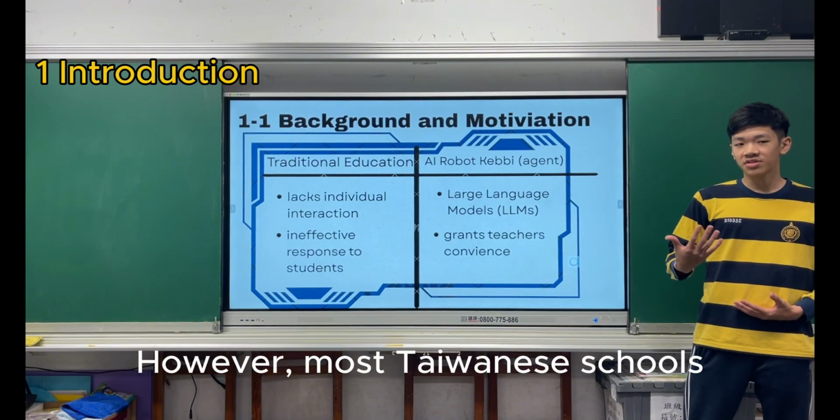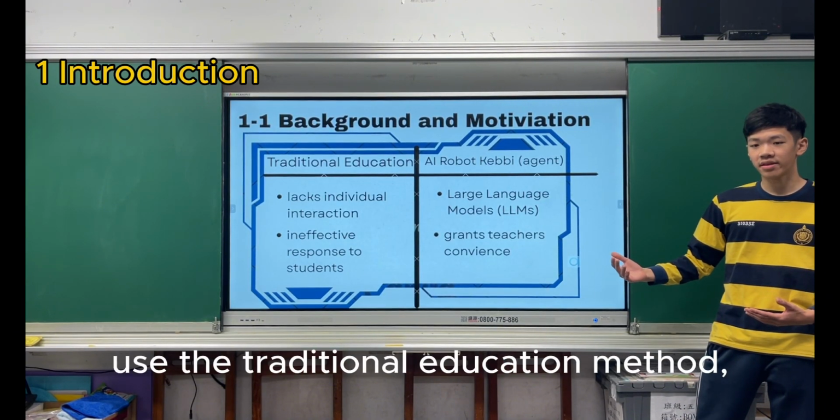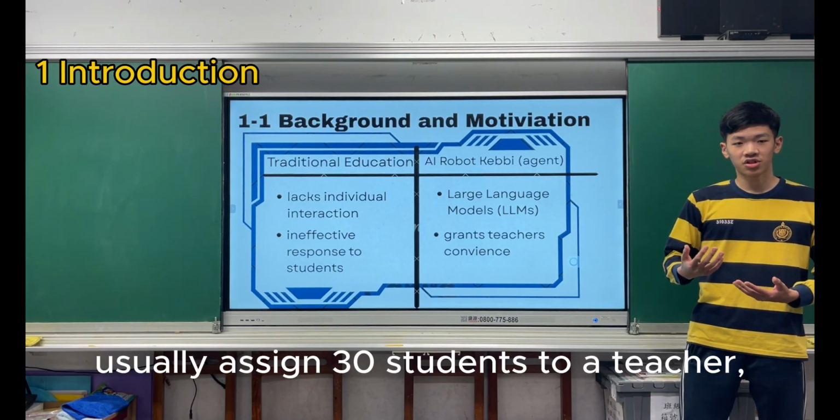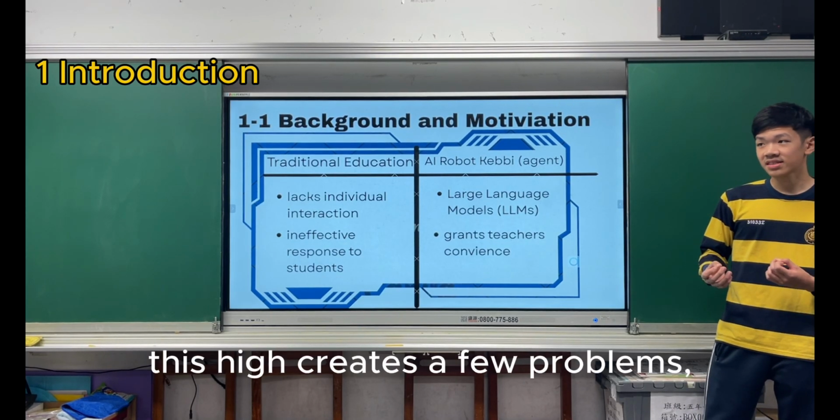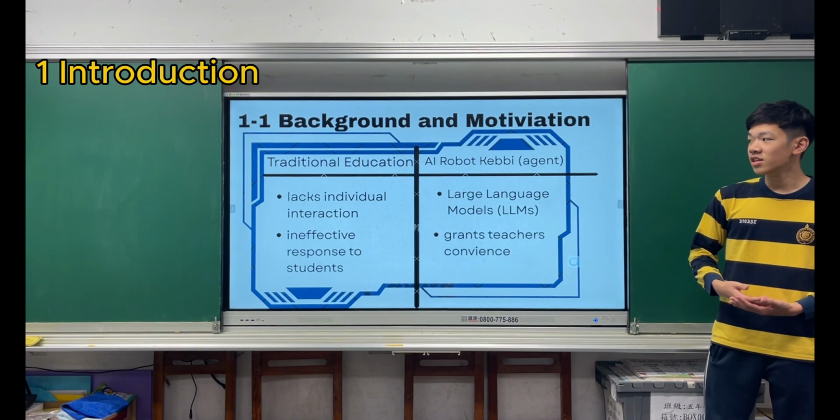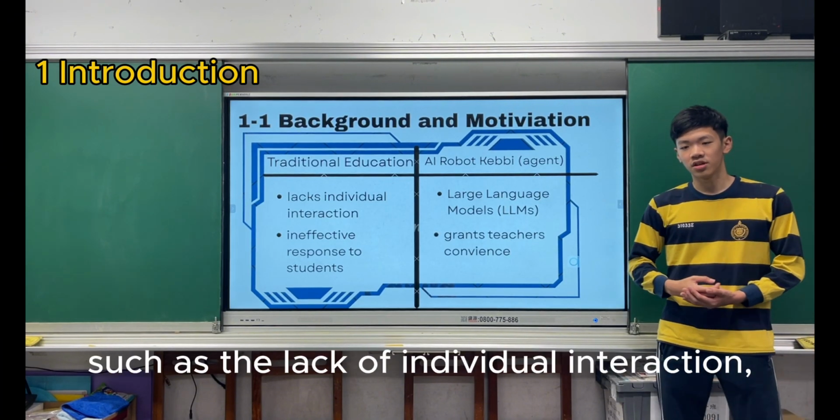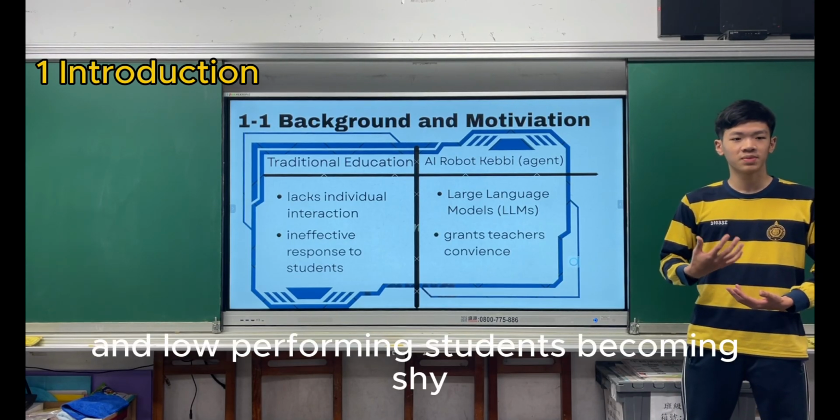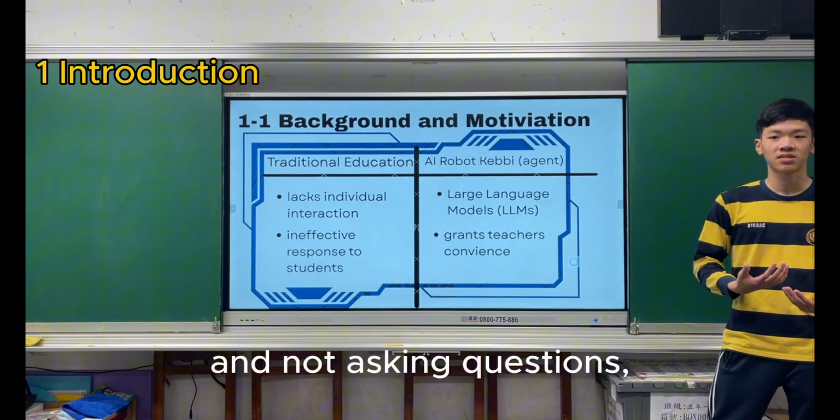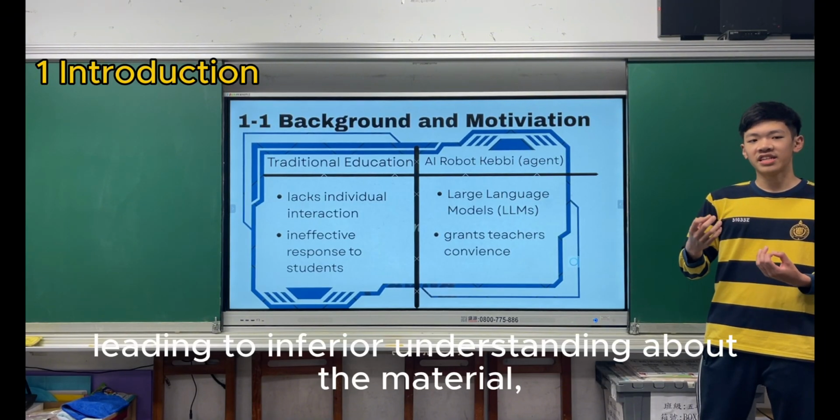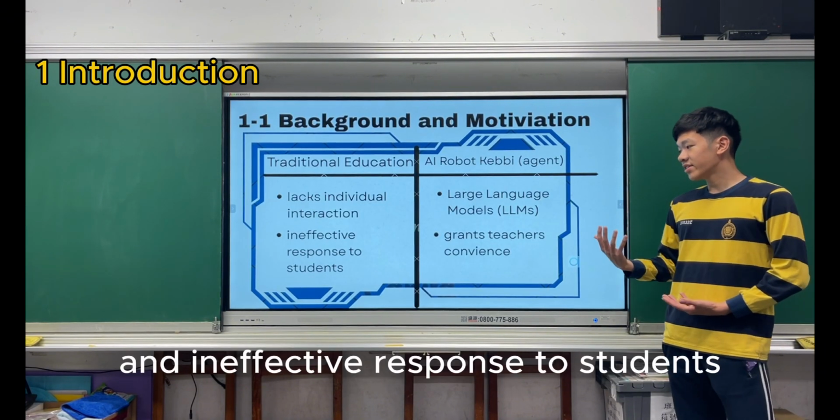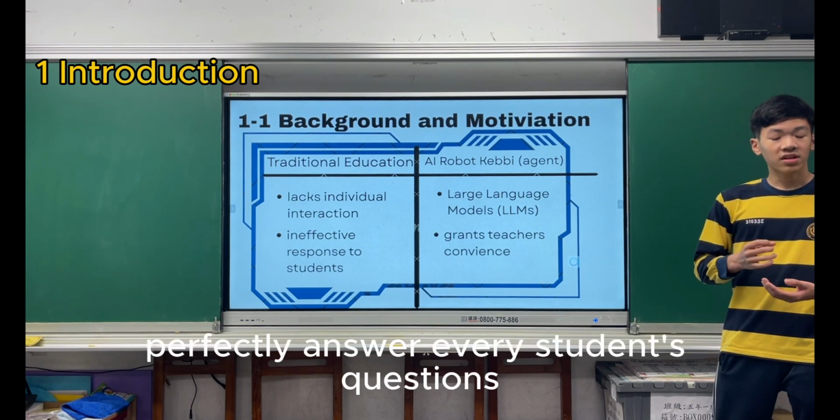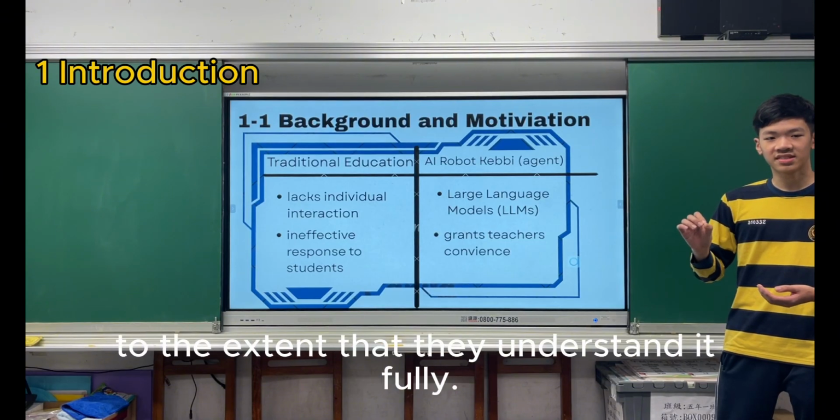However, most Taiwanese schools use the traditional education method, and most schools usually assign 30 students to a teacher. A student-teacher ratio this high creates a few problems, such as the lack of individual interaction, resulting in high-performing students getting bored with the material, and low-performing students becoming shy and not asking questions, leading to inferior understanding of the material. And effective response to students, meaning that teachers cannot perfectly answer every student's questions to the extent that they